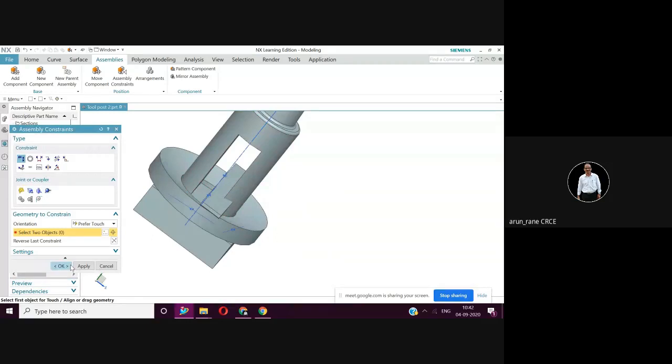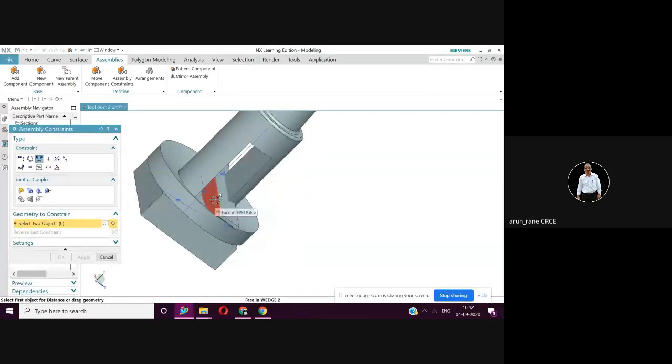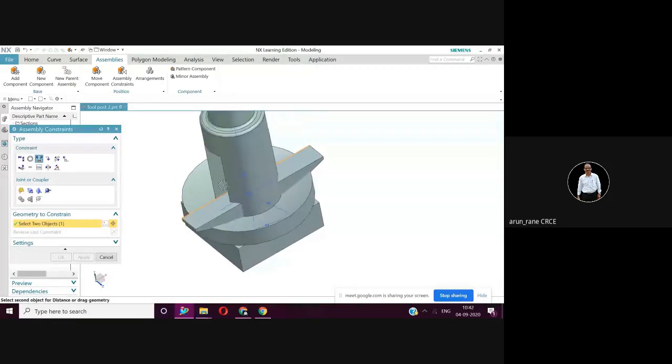So we say touch align will apply, so that we are still in the constraint zone, we are not coming out. Now we will go for the distance, and we'll fix this distance. Always first on the component which is added, and then the parent component. Now distance is 11, so we want 2.